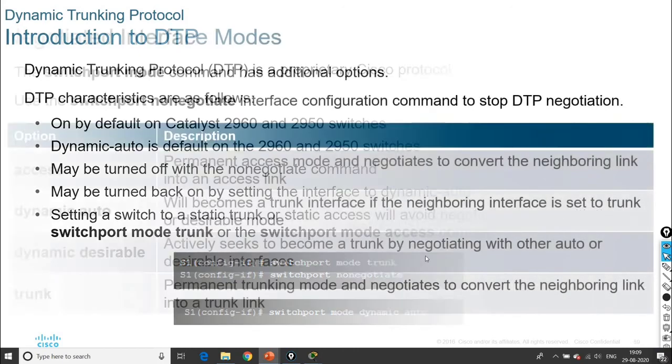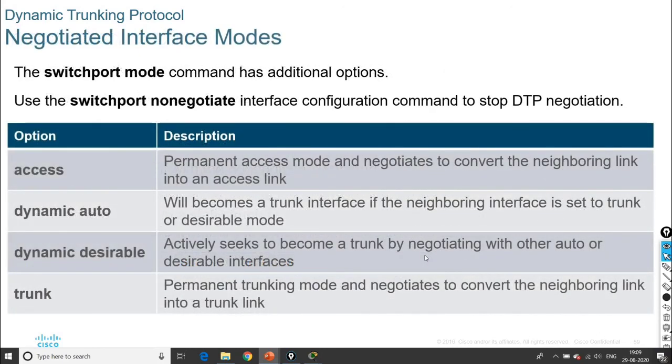So negotiated interface modes are set with the switchport mode command with additional options, and use the switchport nonegotiate interface configuration command to stop DTP negotiation. We have different options like access, dynamic auto, dynamic desirable, as well as trunk.